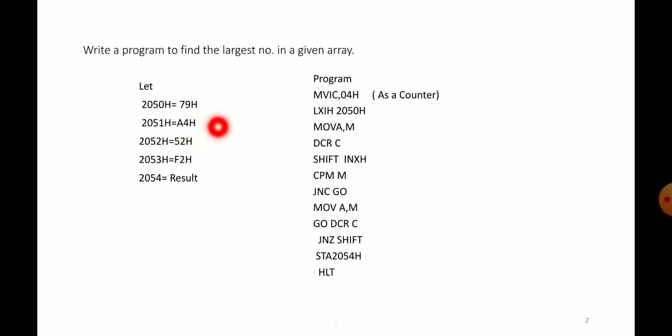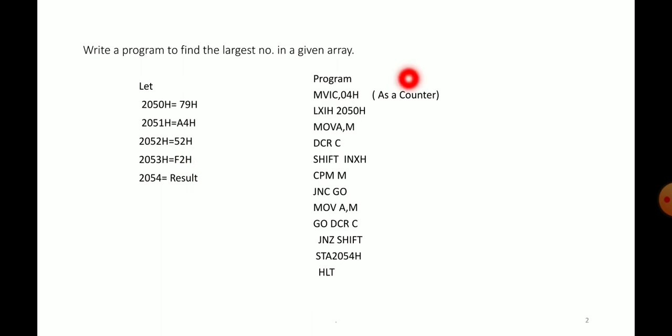If the accumulator is greater than the third number, there is no change, and if the third number is greater than the accumulator, then it is copied into the accumulator. Again we check with the fourth number, and so on. Finally the largest number is stored in the accumulator, and we can easily store the result in a given location. So that is the logic.